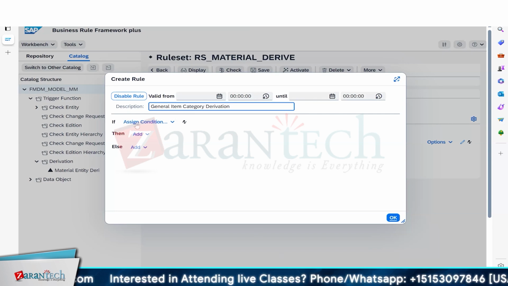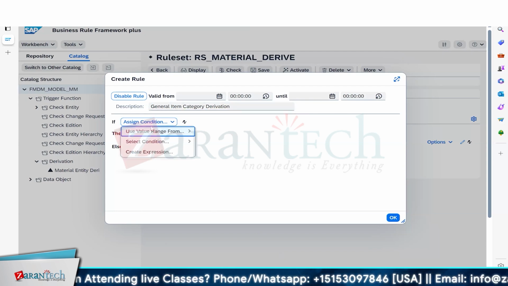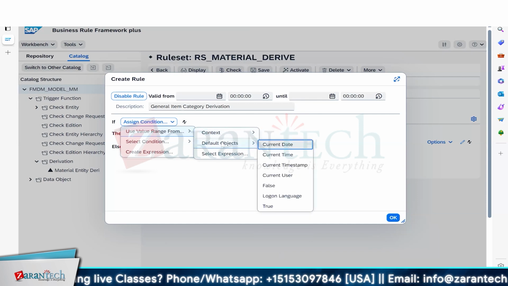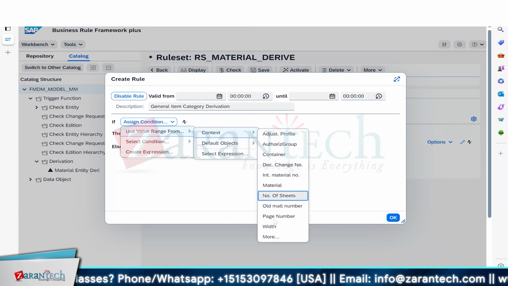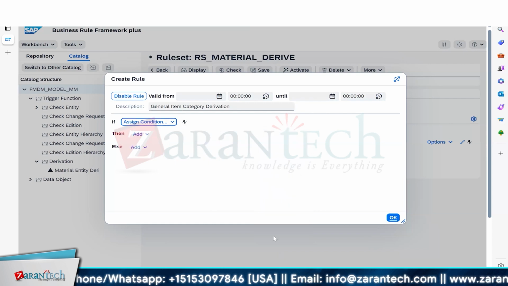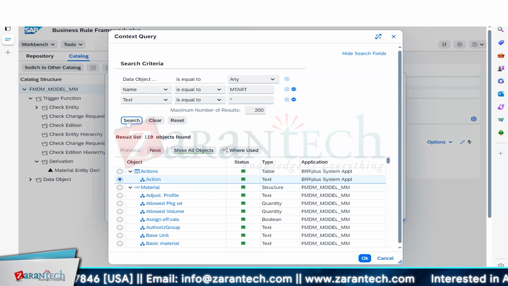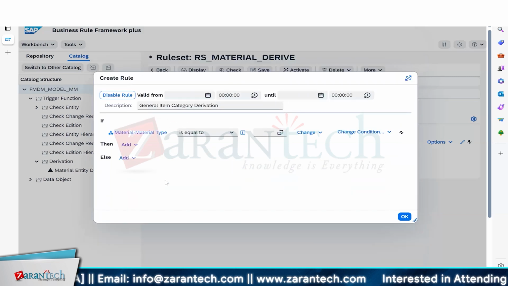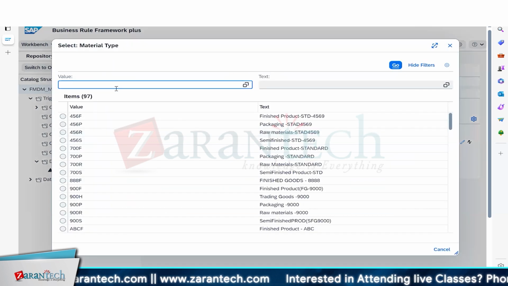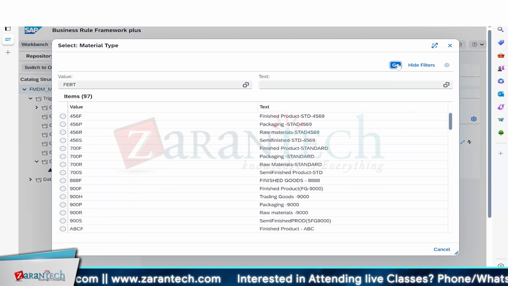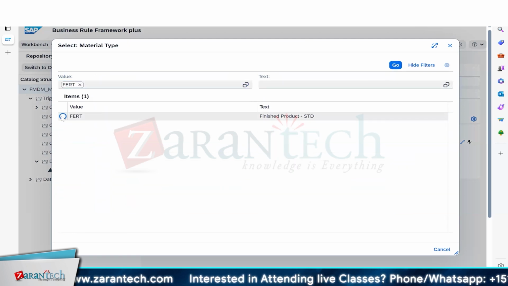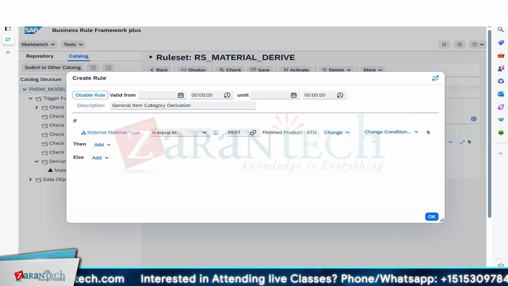What is the rule? If material type is equal to FERT, right? So the if condition here: context, material type. You can search with MTART. So material type, if material type is equal to FERT, okay, FERT, then